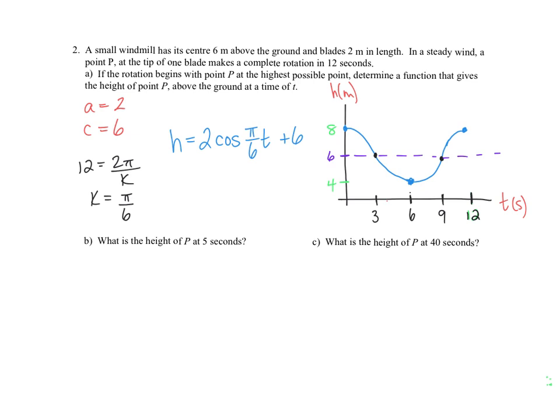Okay, so when we look at question B, it's asking what is the height of P at 5 seconds? So we know on our curve 5 seconds is going to be somewhere around here. So what is the height of P? Again, P was at the top of our windmill and it's been rotating around. So at 5 seconds,